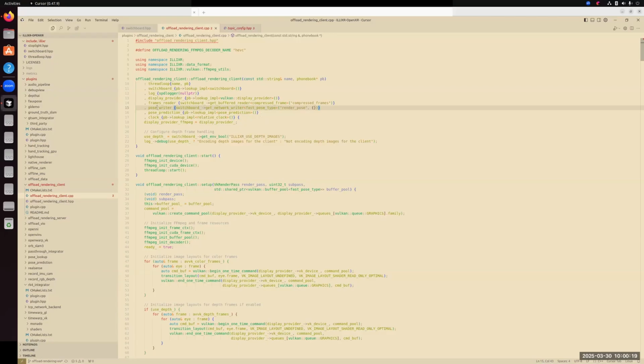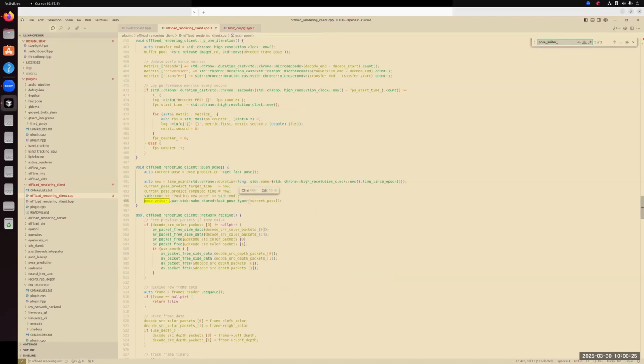How we would do that is we would create a network writer, and the pose writer we would just use as a regular writer, and everything will be handled automatically by the runtime, and the server will read the pose from this topic with no additional setup.